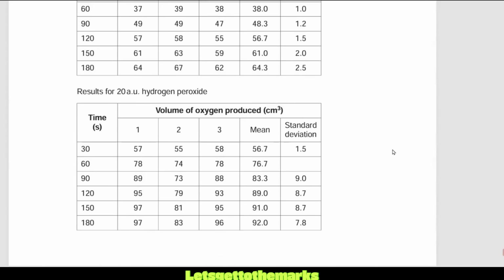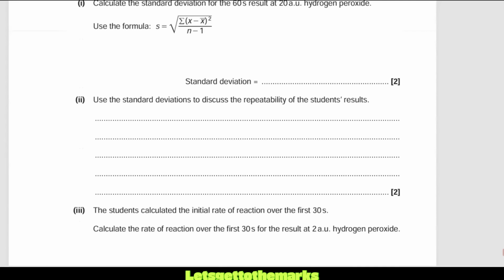So that's what I want to put down. Can I remember it by the time I get to the writing? Probably not. So, at lower concentrations of hydrogen peroxide, oh my gosh, check out that spelling, hydrogen peroxide, the SDs decrease, and so it is more repeatable at lower concentrations.